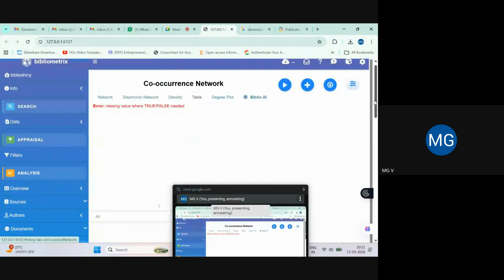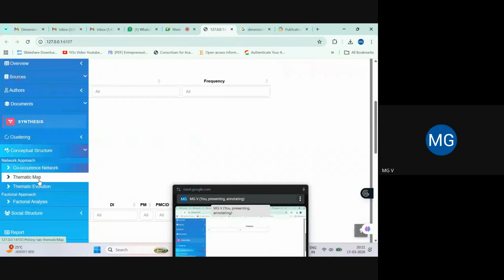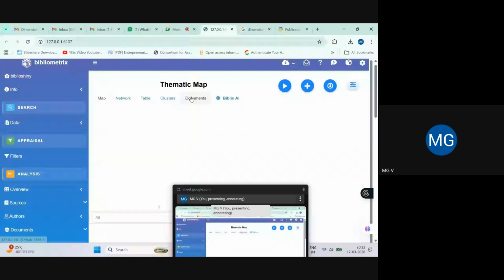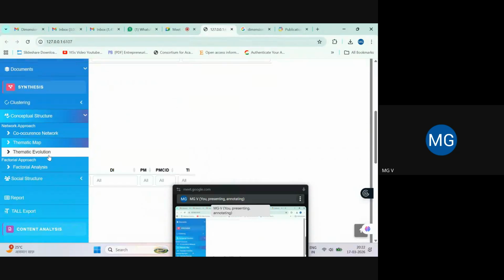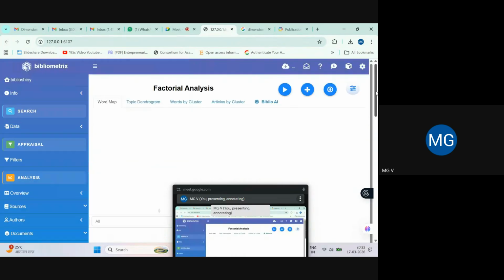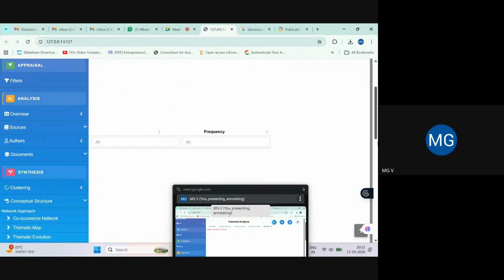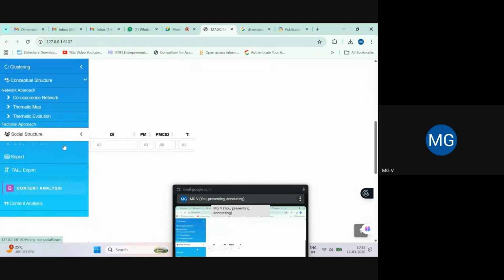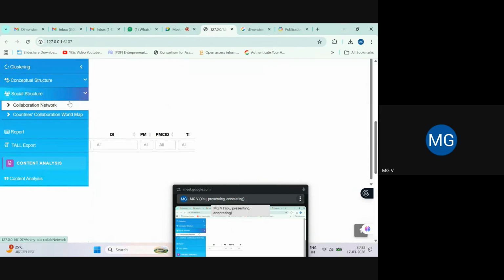Co-occurrence network. Let me see. No. Thematic map. Because it gives a message here. What is missing? Now see thematic map. Yes. So sometimes we need to refine the data. We need to understand the columns or the tables required. Right? So it will generate only that information which is relevant.